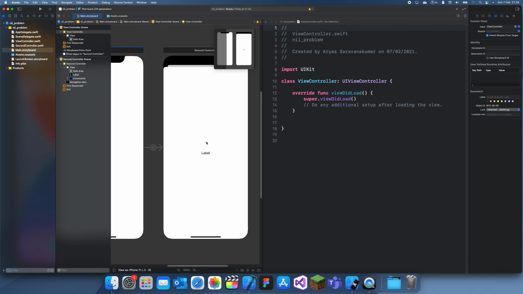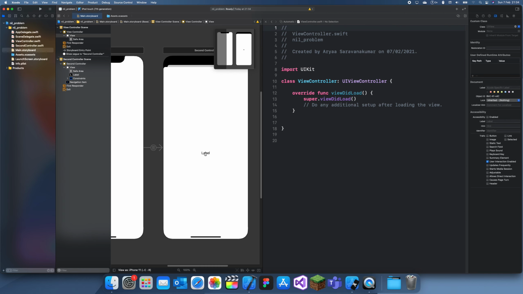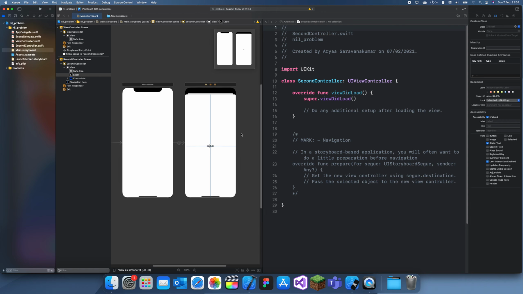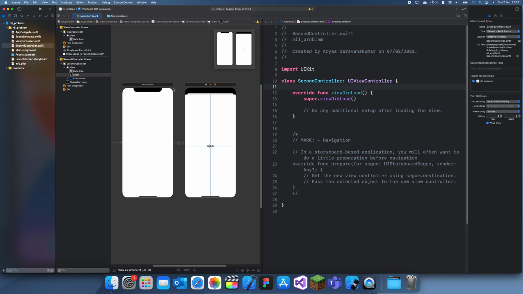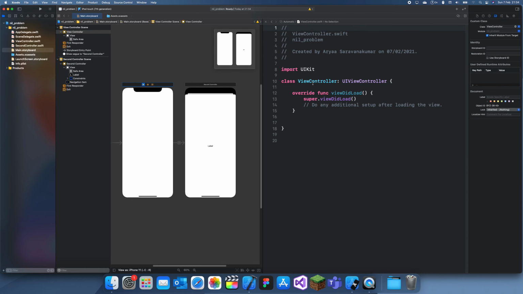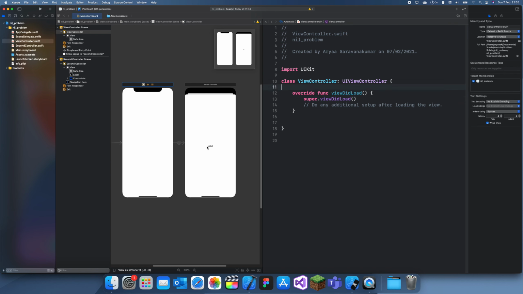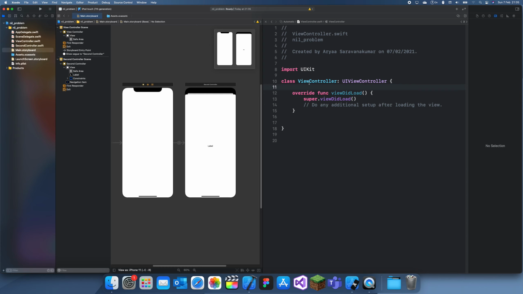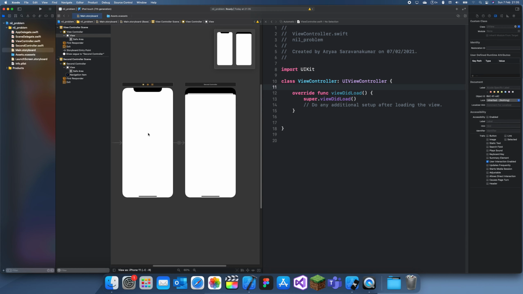we'll try and drag this label in, and basically you're trying to drag the label in from one view controller to another, but you just can't. You just can't swap view controllers. I think they've patched it from the last update. They might fix it in Xcode 12, but you used to be able to drag a label from this view controller into this view controller script, and it wouldn't really do anything. So I'm going to show you another problem which a lot of people face,